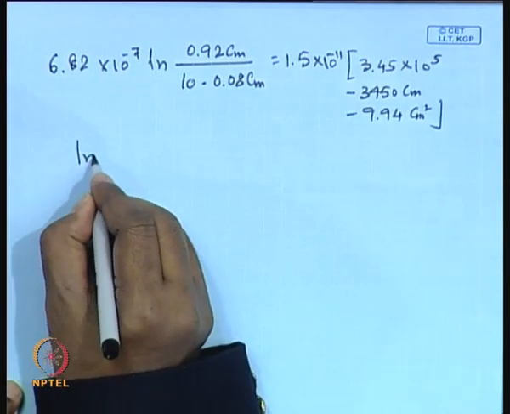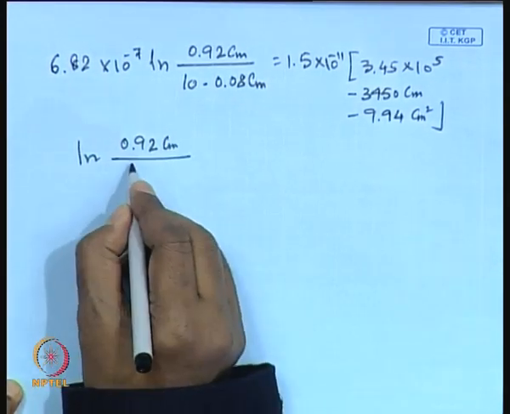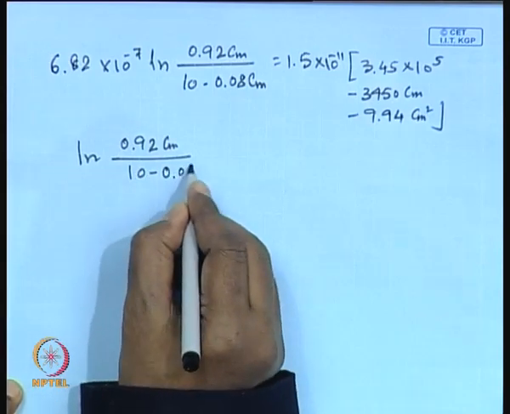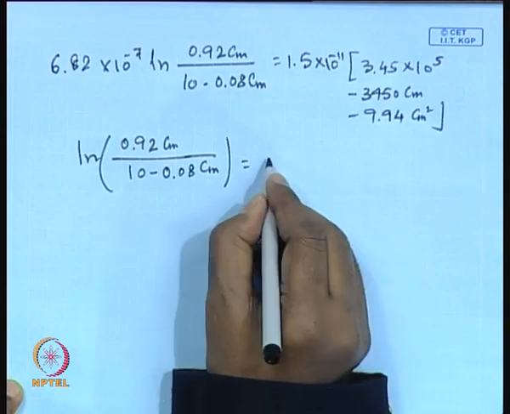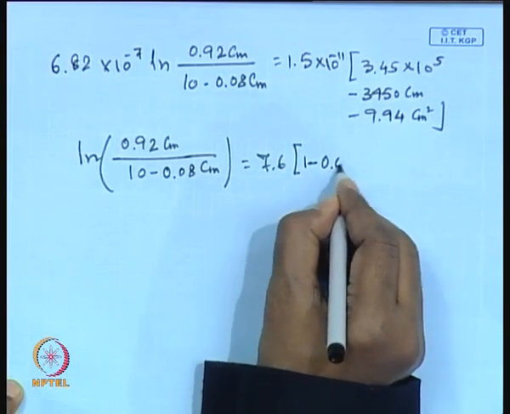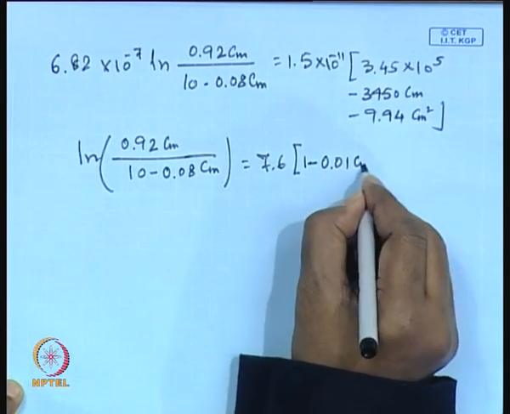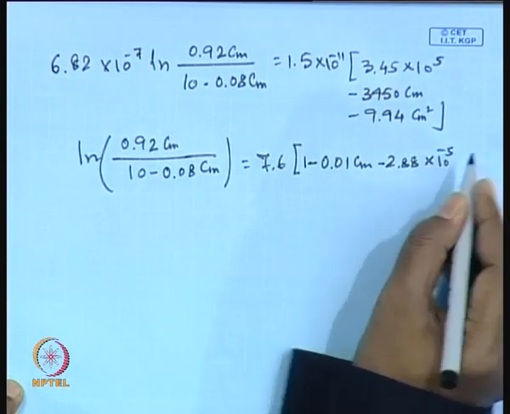So, in a neat form this becomes 0.92 times Cm divided by 10 minus 0.08 times Cm, bracket, is equal to 7.61 minus 0.1 Cm minus 2.88 into 10 to the power minus 5